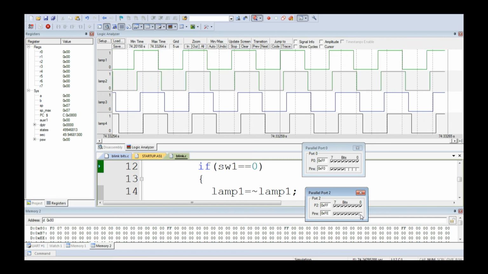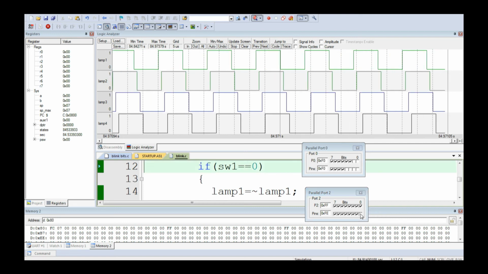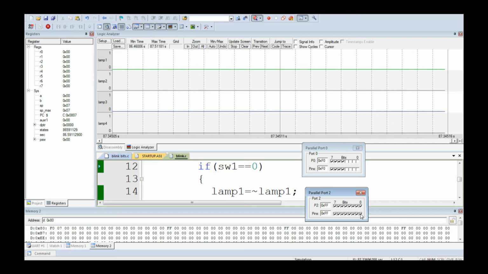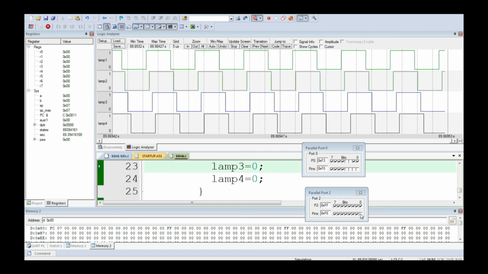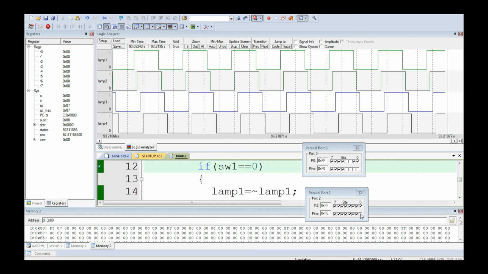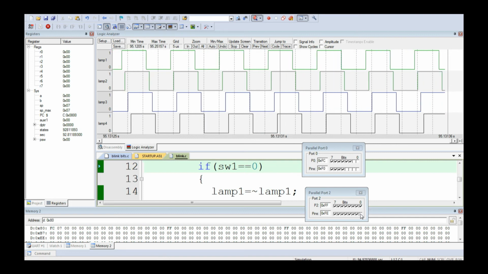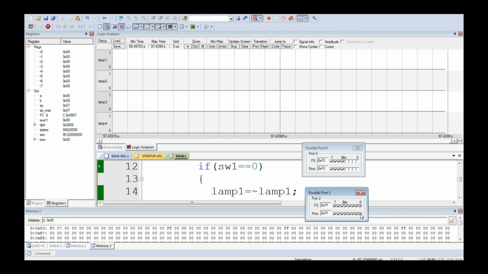If I make it 1, it will switch off. So there is no square waveform. All the 4 bits of port 0 are 0, 0, 0, 0. Lamp is off. When I am pressing, lamp on, all are toggling. When I am switching off, lamp is off. Now I have control over this. So this is a parking lamp simulation using the 8051 microcontroller. It's fantastic, no? If you know the concept and the procedure comfortably, wonders can be done just like that.